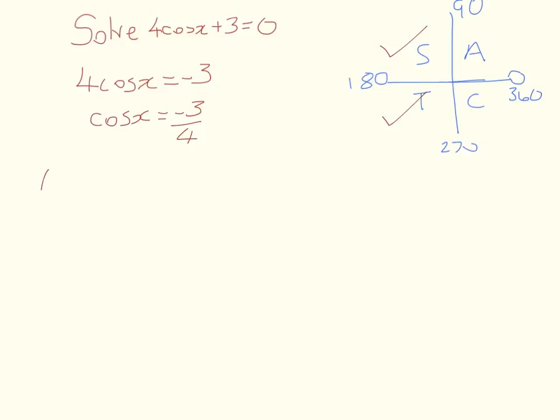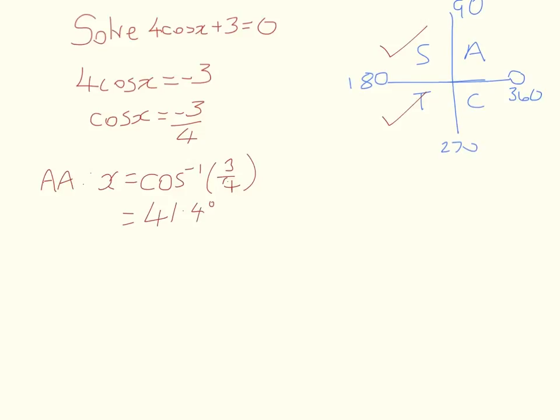To start off though, we need to find our acute angle. The thing that's different about finding our acute angle here is that we've got a negative involved. And when we're finding an acute angle, we drop the negative. We use the negative to identify the quadrants we'll be working in, but from then on we ignore it. Okay, so x equals the cos inverse, the shift cos, of 3/4, which comes to